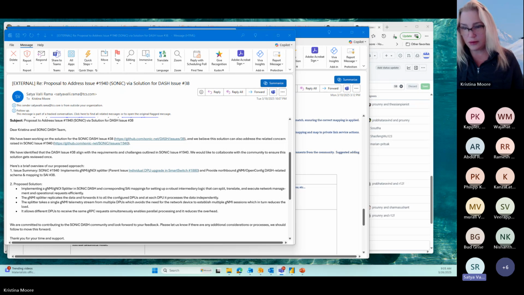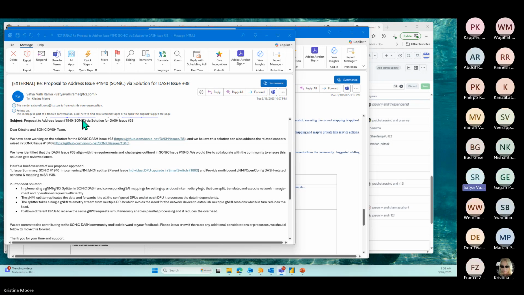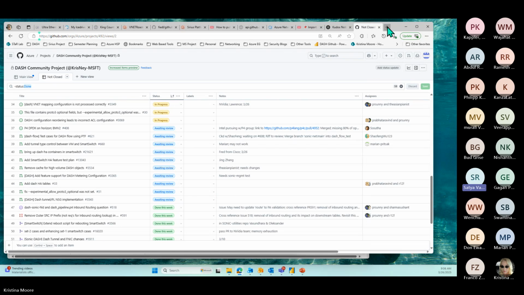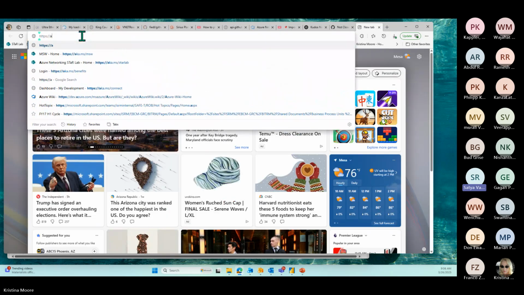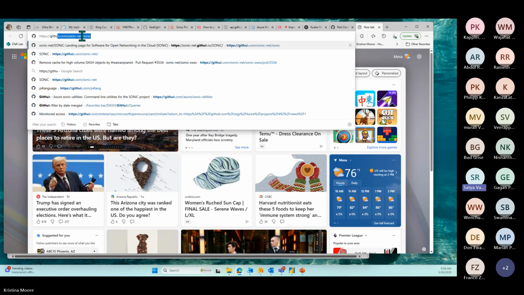But we are looking for a DPU based solution. Keeping that in mind, we saw an open issue under SONiC, not under DASH. There is an open issue under SONiC, 1940, which is asking for a gNMI, gNOI splitter. So for that, can we provide a solution in DASH under issue 38?